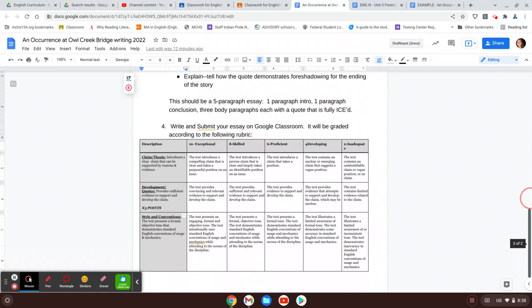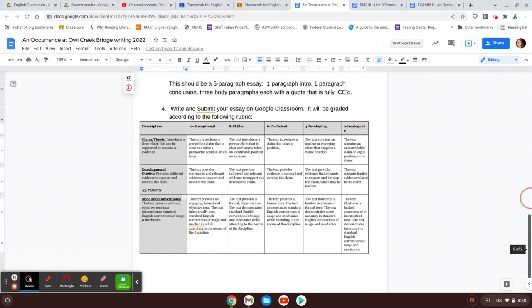Finally, you're going to turn this in on Google Classroom, and then here's the rubric in case you wanted to know where to focus. Important part to note is that you're only being graded on three different things. Your thesis, so you have 10 points on the line for a thesis, so make sure your thesis is a good one. That introductory paragraph should be strong. You're getting 30 points for how you support whatever your thesis is, which everyone should have the same thesis. He foreshadows the ending of the story.